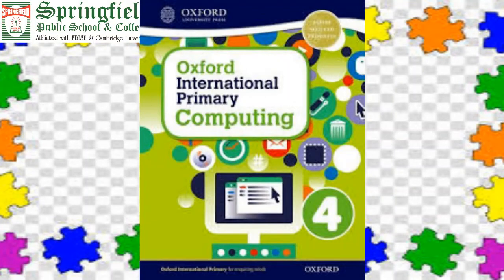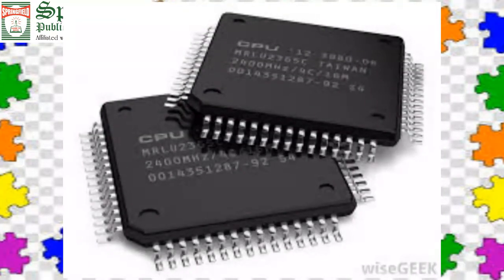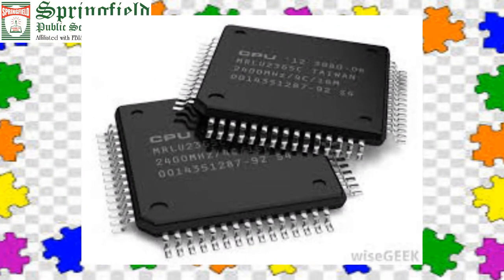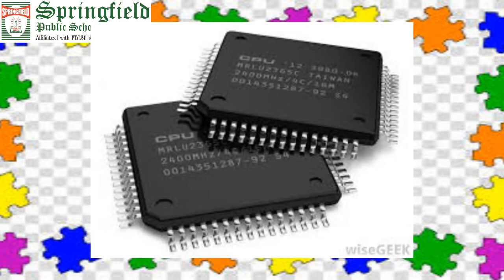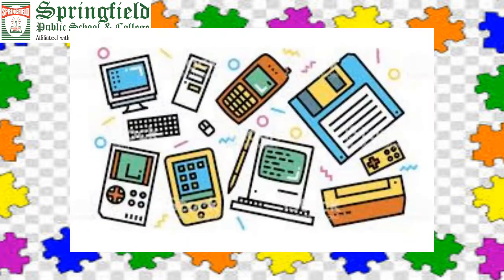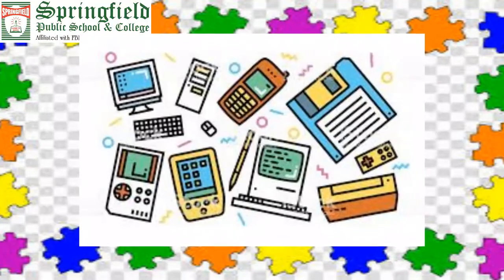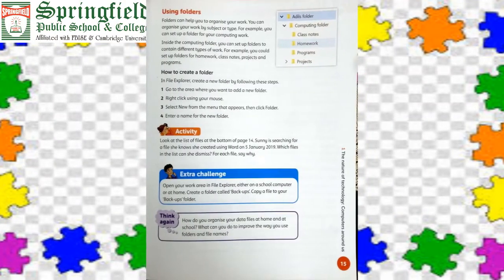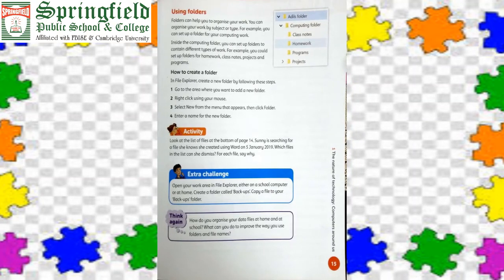For grade 4. In our previous video lectures we have covered how computers help us, what microprocessors are, how microprocessors help us in the medical field, in manufacturing, in retail. And we also covered how we store data on computers. Today we will study the advantages of storing our data on a computer. Students, how do we store our data in computers?